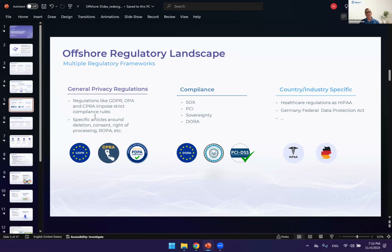And we talked about the regulatory landscape, the general privacy regulations like GDPR, CCPA, as well as the compliance requirements around SOX, PCI, sovereignty requirements. We talked about that, as well as healthcare regulations such as HIPAA, and the example of the German Federal Data Protection Act. These are specific country and even state-specific regulations that prohibit access to citizen data outside of the state, outside of the country. All of those are changing all the time, which means that the way you need to approach offshore requires a platform that will be able to meet additional requirements as they come along,